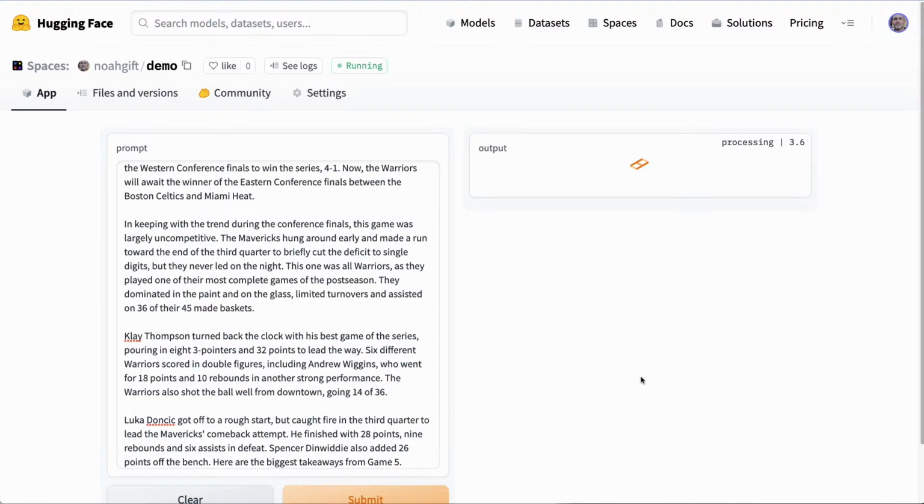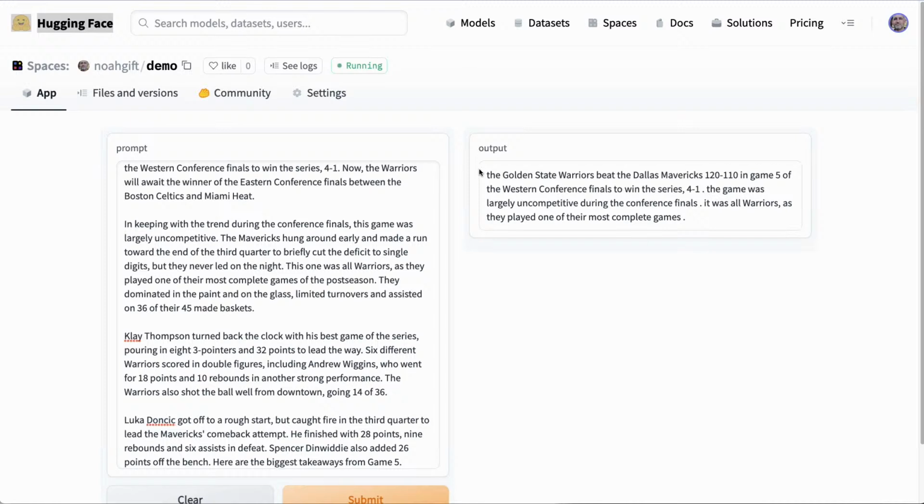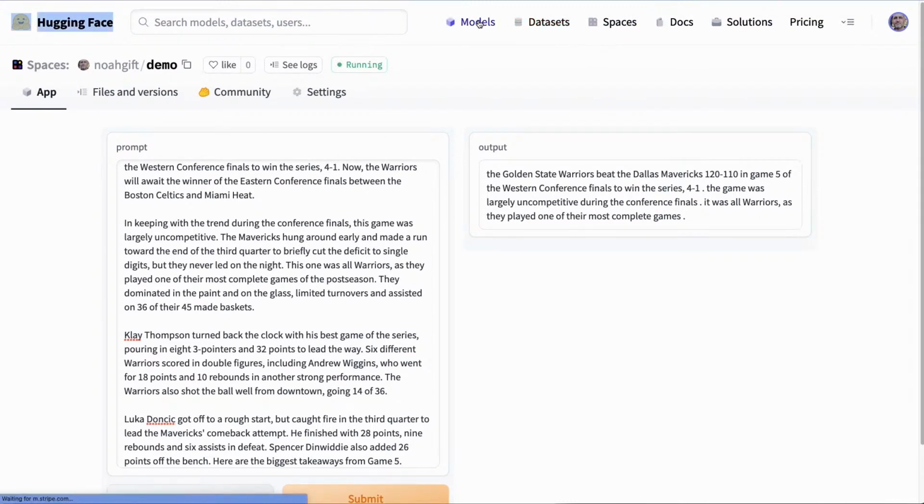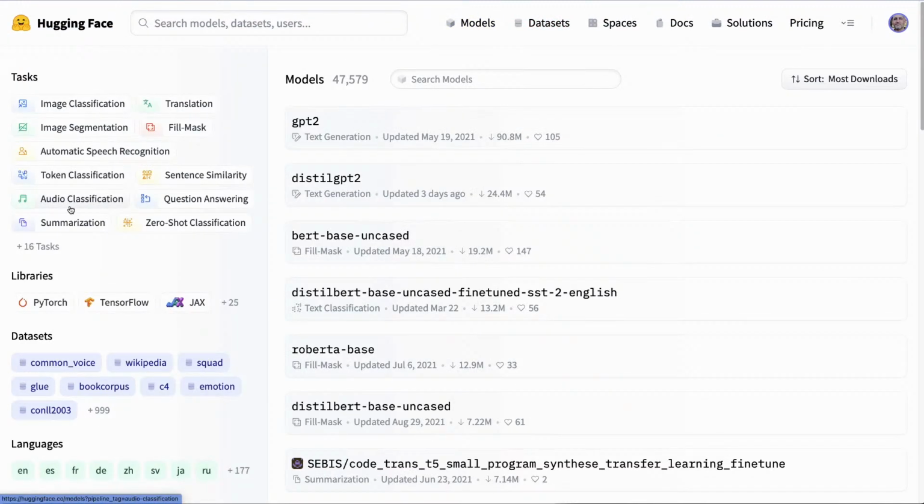So it's a fully deployed application that I can share with other people, and you can actually see this thing running. When it's finished, you'll see the output right here. That'll show me that it's actually working successfully. So I could go and do this to any other model that exists on their platform. Again, I could do auto classification, token, speech recognition, whatever it is I want to do, all through this